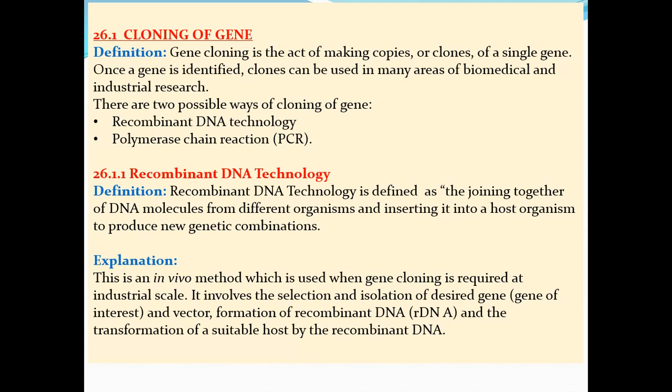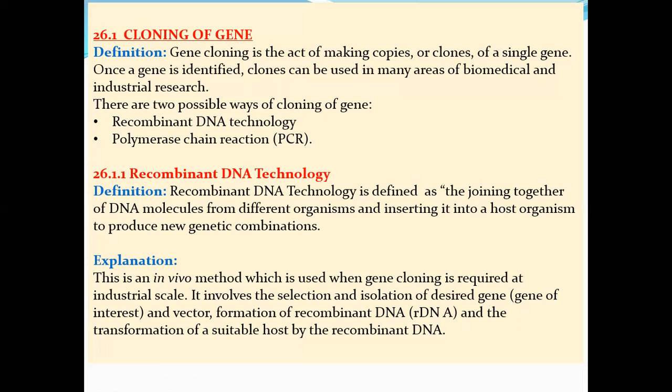So we will first of all select the place where the gene is located, and then we will take the gene, recognize that region, and then we will work on that required gene. Once a gene is identified, the clone can be used in many areas of biomedical and industrial research. So with the help of the required gene, we can make a product, we can make medicine out of it. For example, the insulin, which is used as an injection for diabetic patients, is produced